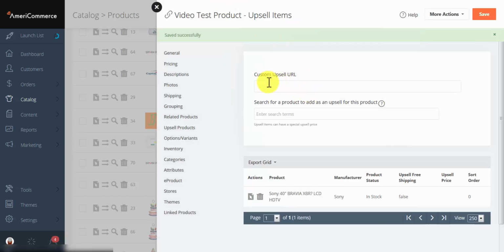Now the other field is custom upsell URL. What this does is, if you have a certain setting enabled in your theme settings, which I'll show you in a minute, you can have it to where if video test product is added to the cart, then if this custom upsell URL has something in it, your customer will be redirected to that page. You might want to put a page specifically with upsell items related to this, and they can view all